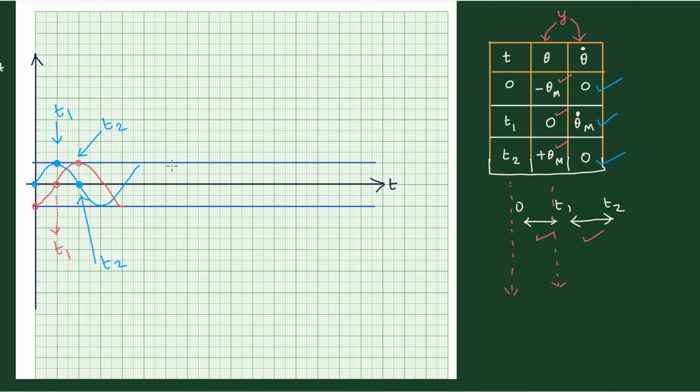So this is the appearance of the graph. The appearance is clear. What is clear is that this blue line corresponds to the theta dot graph, whereas the other one that we have drawn with the red color corresponds to the theta graph, or we say the angle. I just want to write angle because dot is not there. There is a theta dot here, and therefore this must be an angular velocity.